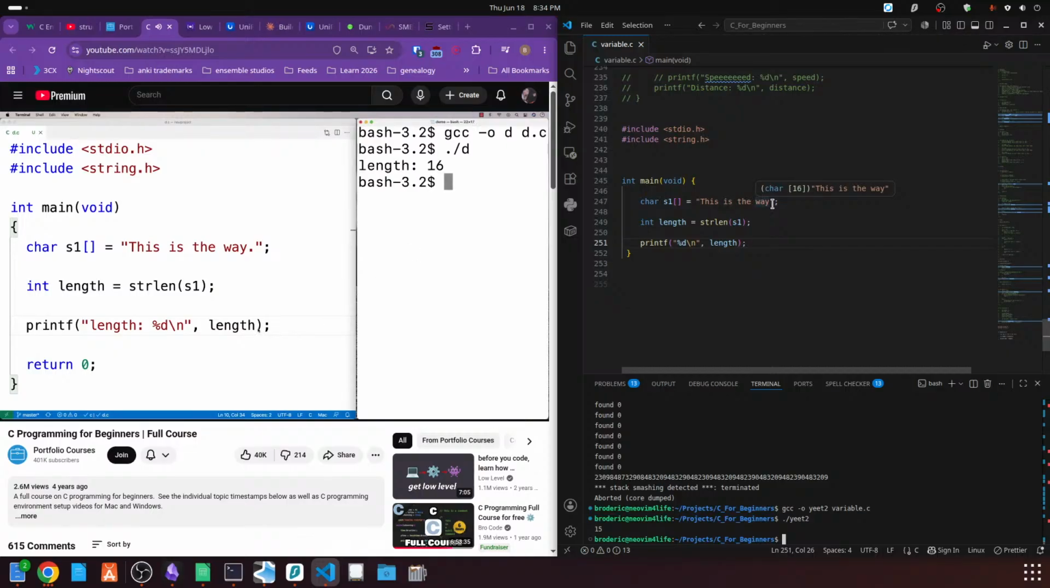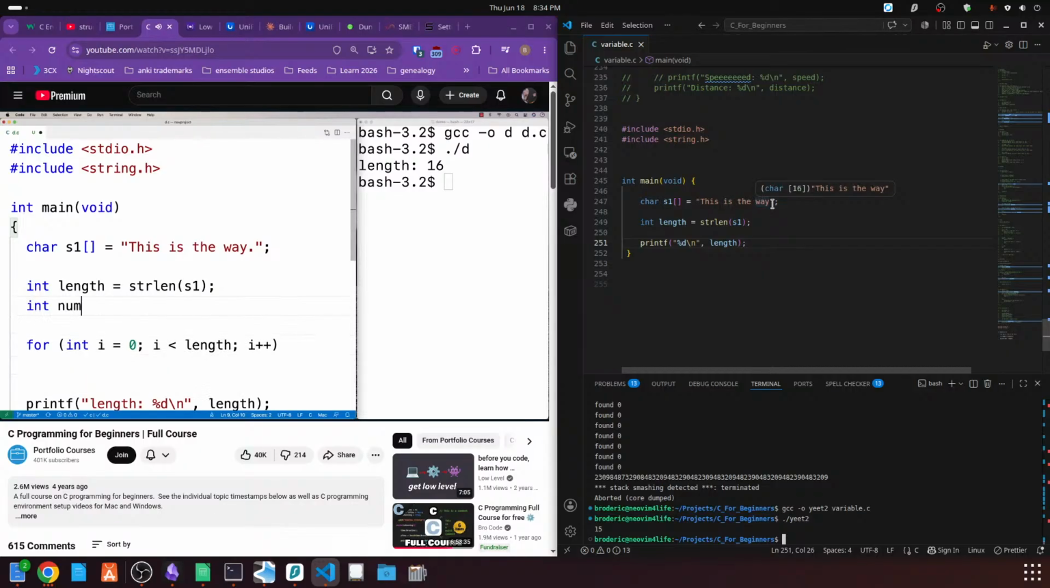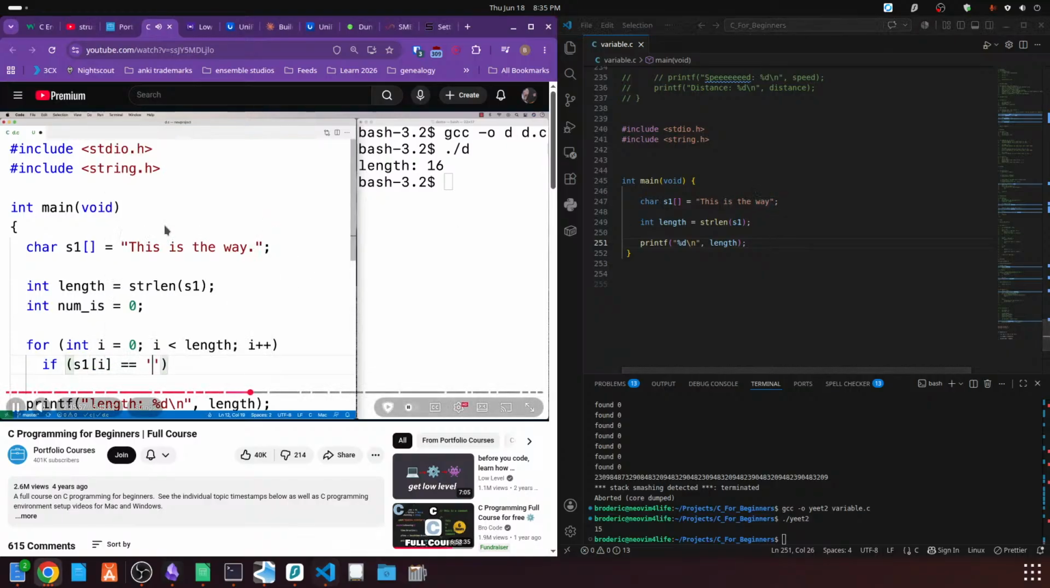So instead of writing a loop that works based on the null terminator being found, we could write a loop that works based on the length. We could say for int i equal to 0, i less than length, i plus plus, and we could have it do some work. Maybe we'll have it count the number of i's in the string. So we'll say int num_is equal to 0. And then we'll say if the s1 string at i is equal to